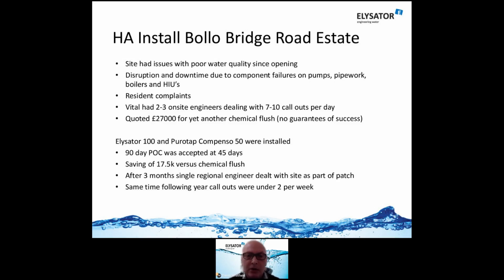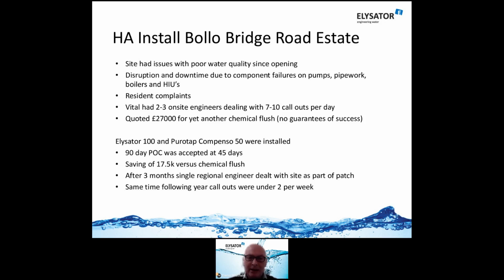The very first project that we worked on was for L&Q. As I said earlier, they have now gone into a rollout plan on their existing stock, and all their new builds now have us in from the outset. So the site had poor water quality since opening. It was only 4 years old when we started work on there, but it was already suffering from really bad